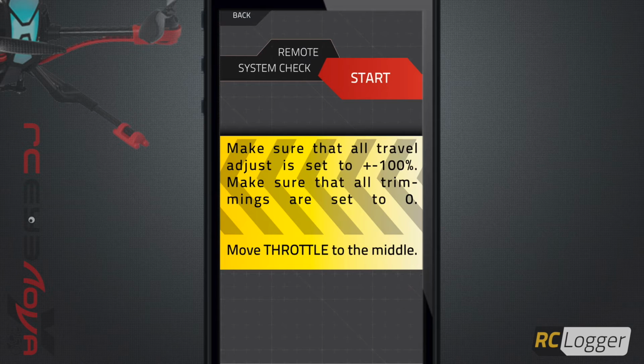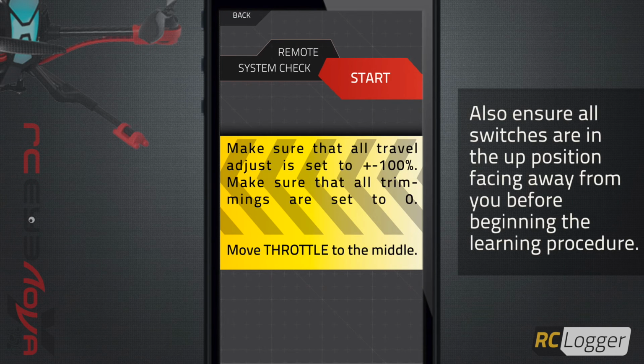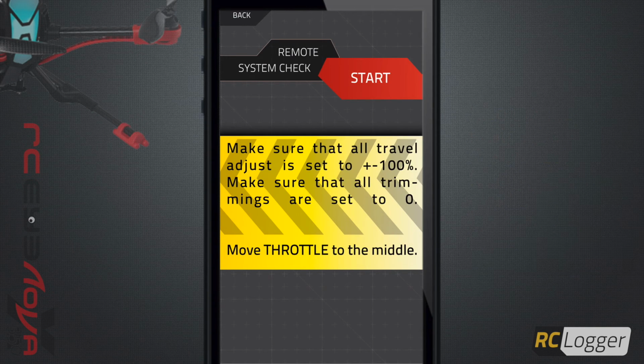And here it says make sure that all travel adjust is set to plus or minus 100. Make sure that all trimmings are set to 0. So a few things to note is you want to start with a fresh model. If you're using an ARF version in your own transmitter, make sure that you're setting it up with a fresh model with no mixes in there or anything, that everything is set to stock. And the same with the ready to fly unit. If you have a ready to fly unit, then it should already be set up for you, but we just